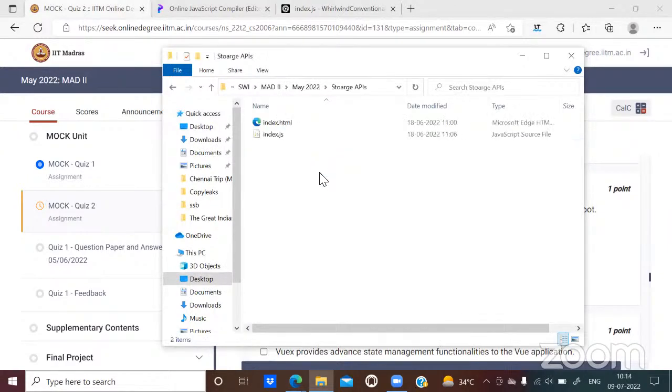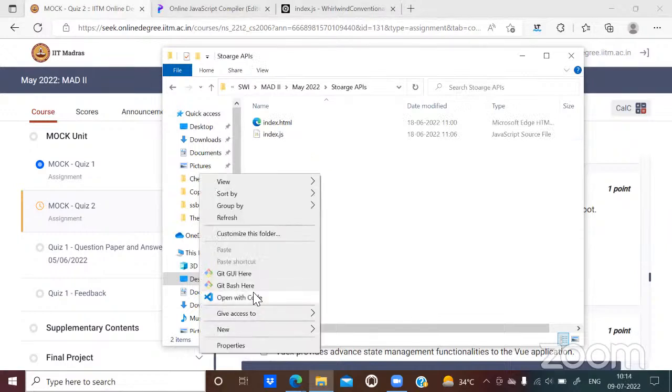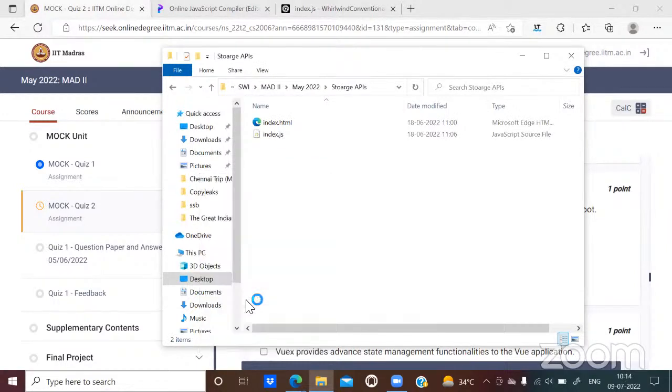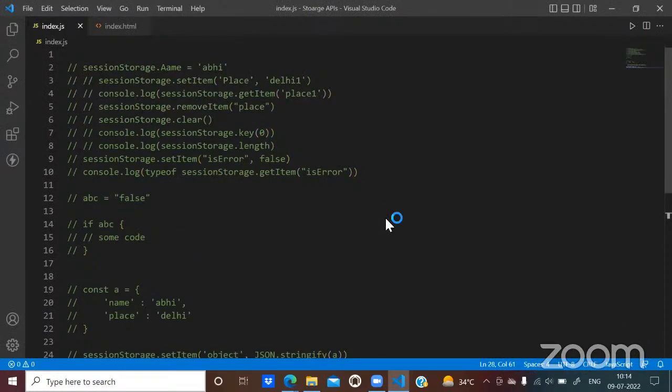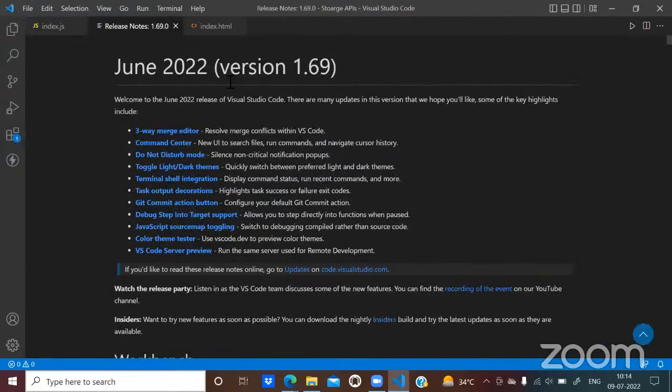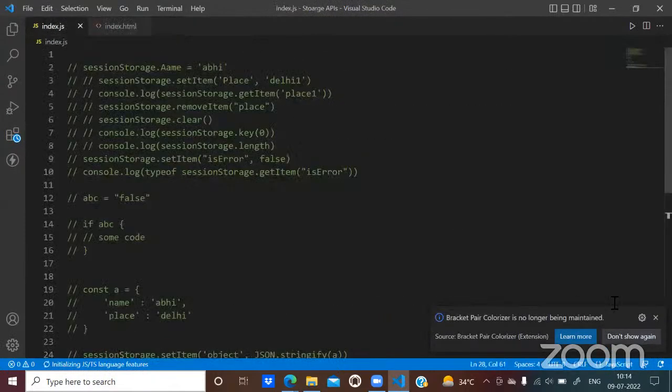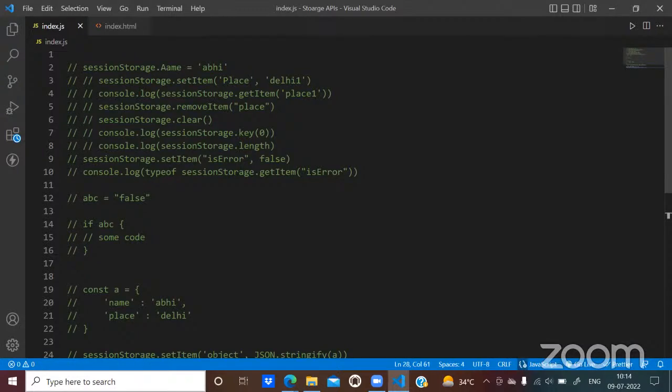I would have done something in storage APIs. I hope there should be some data available from the last time, the local storage data.